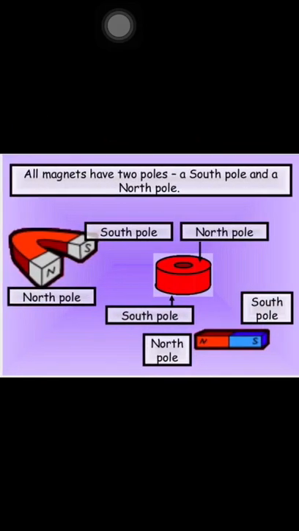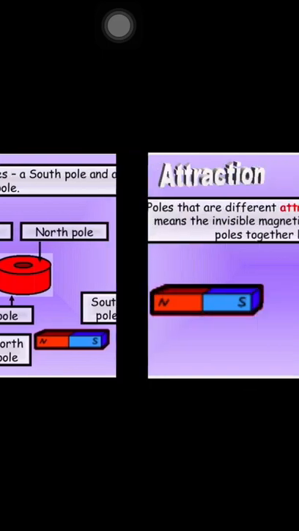Now, as you know, our topic is attraction and repulsion. All magnets have two poles, south pole and north pole. We have studied different types of magnets, different shapes of magnet, like the horseshoe magnet, ring magnet, bar magnet. These are artificial magnets, and among natural magnets we talked about lodestone. All magnets have two poles. One is called the north pole and the second is called the south pole. Is it clear?